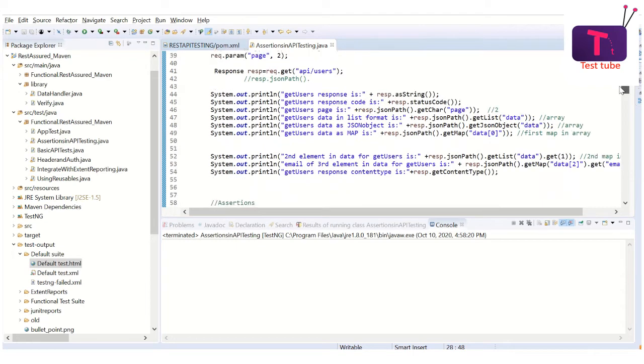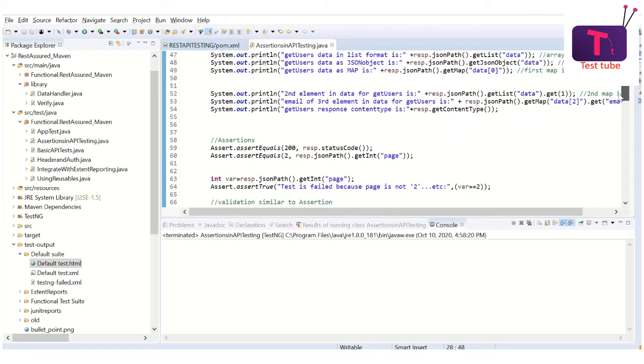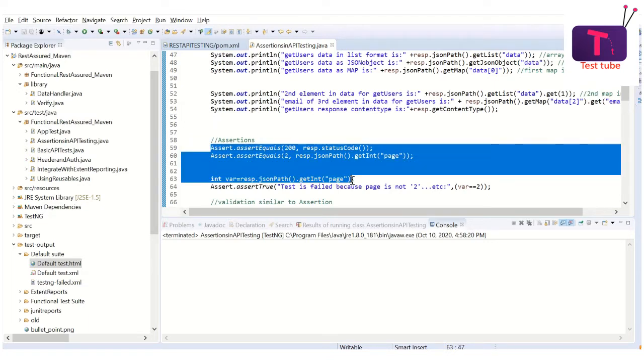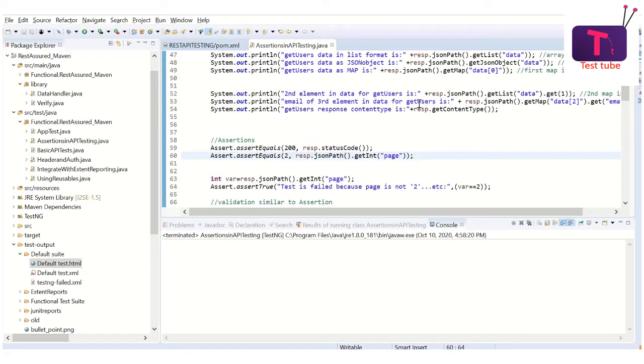Before we learn how to do it, let's try to understand why we wanted to do it when we have assertions to do the same. So to explain this, first let us try to understand what an assertion can do and what it is not able to do. Alright, so here is a sample assertion statement which we have used in our previous video to test and validate the response of this particular API.